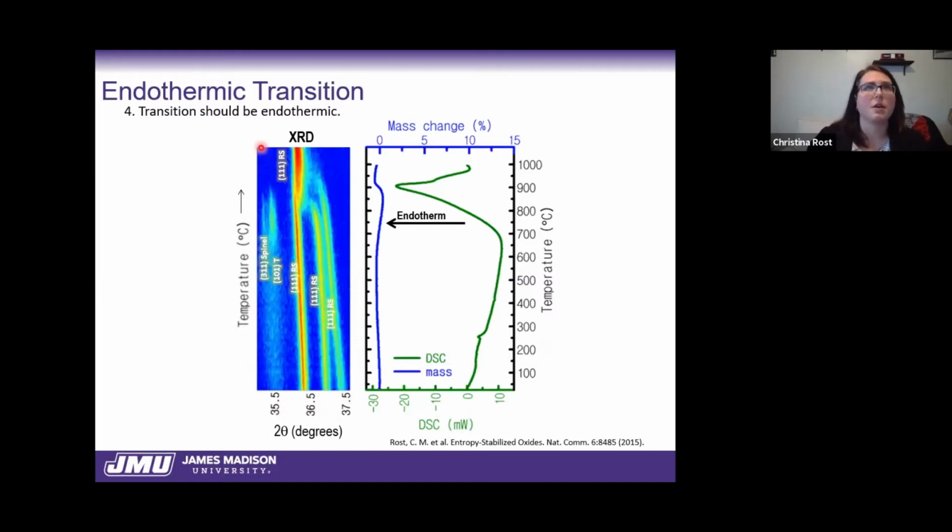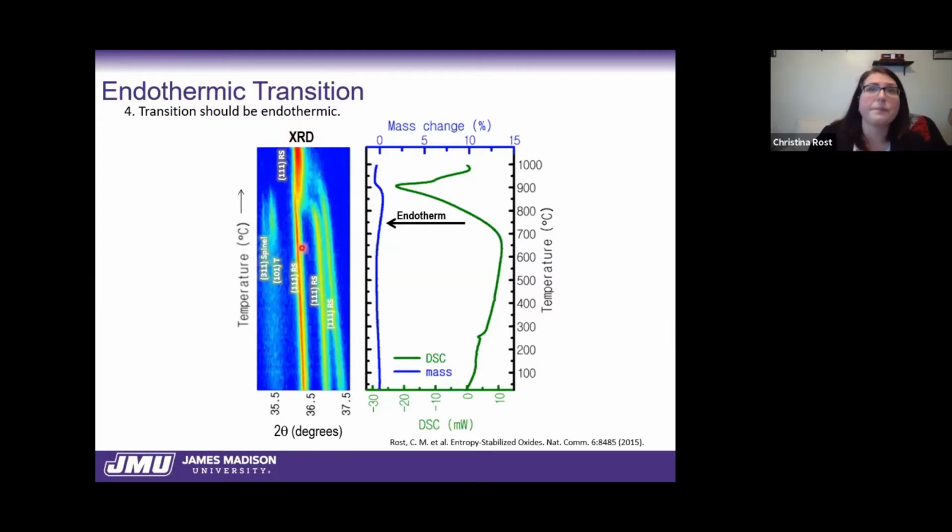The first here is basically an intensity map of temperature-dependent X-ray diffraction. So I've got temperature on the y-axis, 2 theta on the x, and then the intensity corresponds to the peak intensity. We can see that up until a certain point, we have several phases. We've got our typical rock salt, we've got tenorite, and we've got a spinel. And then as we increase the temperature, we lose our intensities until all of these peaks collapse into the 111